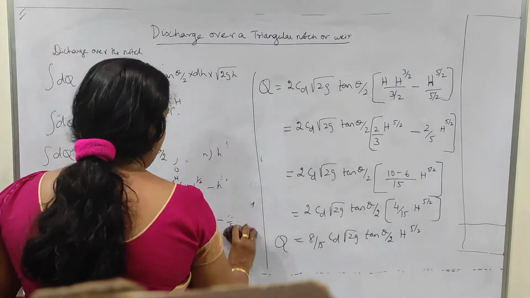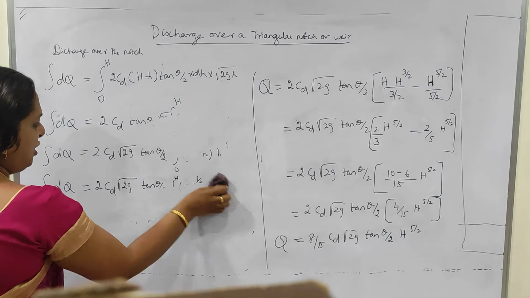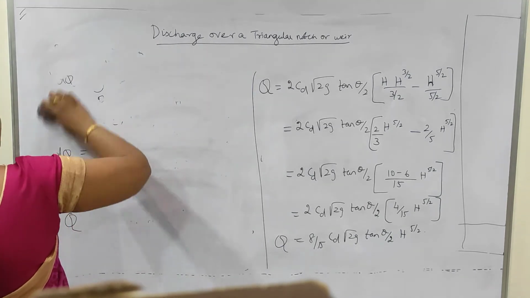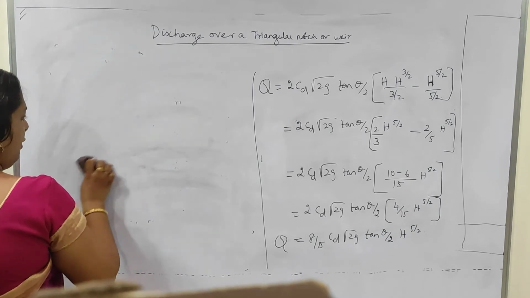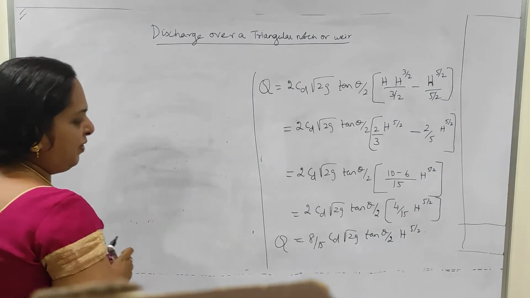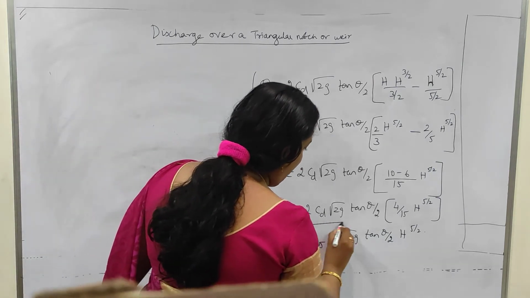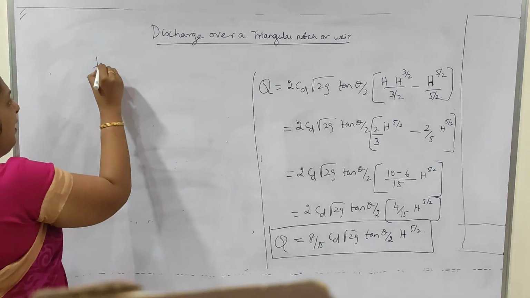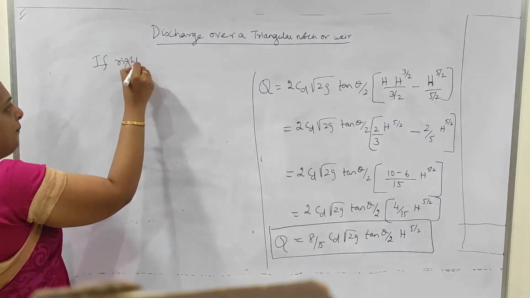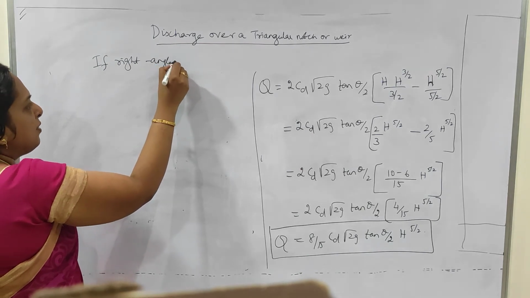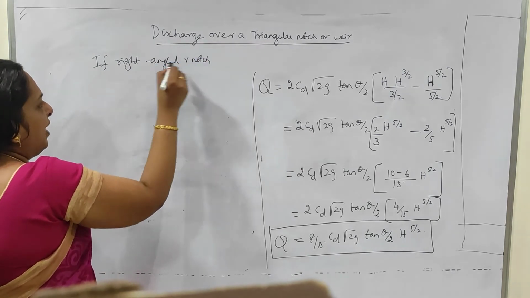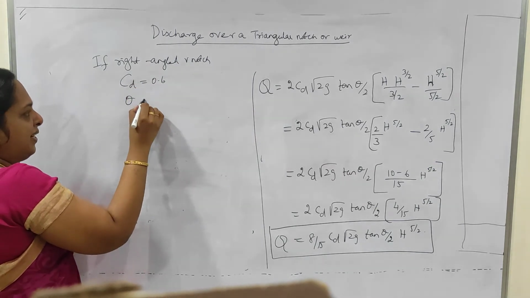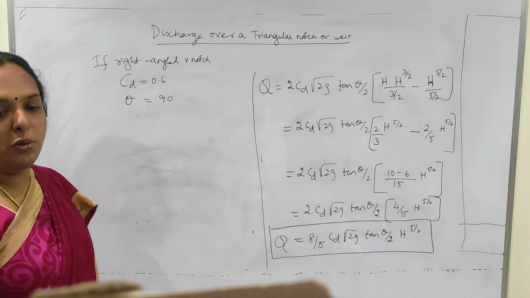Suppose my notch, the triangular notch or V notch, is a right angle triangle, then this equation will get reduced. What is the angle for a right angle? It's 90 degrees, so theta will be equal to 90 degrees. And we have the coefficient of discharge also. So this is my final equation of the triangular notch. But if it is a right angle V notch, in that case I know my value of Cd as 0.6, it's constant, and I know the value of theta, it is 90 degrees, so that is also known here.